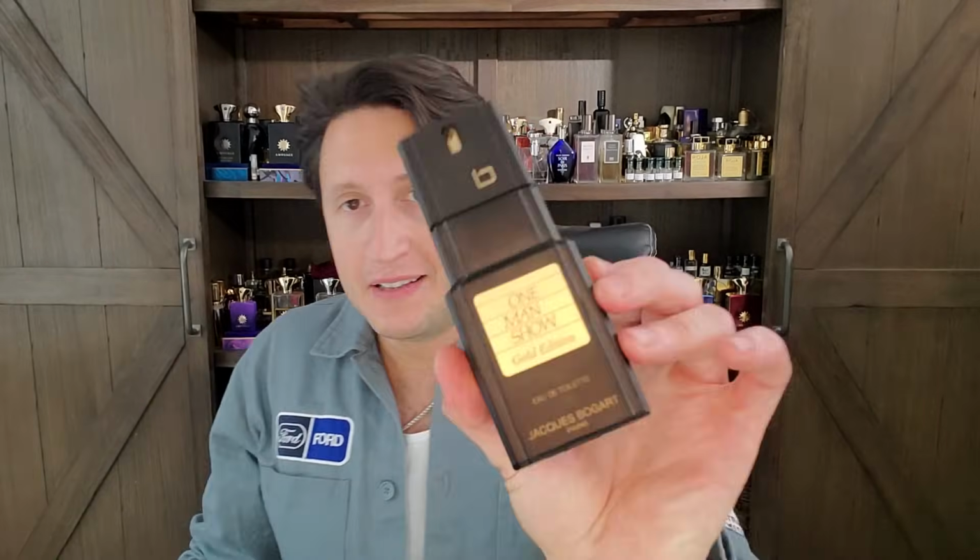Most people who watch this aren't going to be into that, but number 195, One Man Show Gold Edition, I did not like at all. They're trying to take vintage perfume and make it slightly modern. It's a sweet oriental with a modern ambergris, ambroxan-like feel. They tried to make it slightly vintage, but also done in the modern way. Spicy from the old days, but sweet from the modern days. It just doesn't do either very well, in my opinion. But One Man Show Gold Edition at number